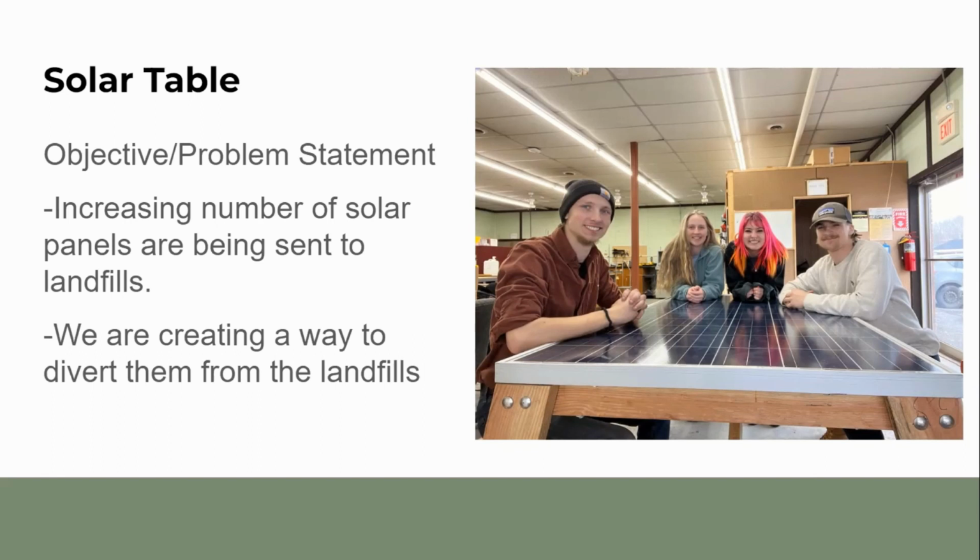As more businesses and people use solar energy, there's an increasing number of solar panels that are being sent to landfills when they no longer serve their purpose. When the panels are retired, they often still have life left in them. With new solar technologies that are being developed, such as Solar 4.0, that are more efficient, it will make existing solar technology obsolete. We are creating a way to divert these obsolete panels from landfills by extending their life and